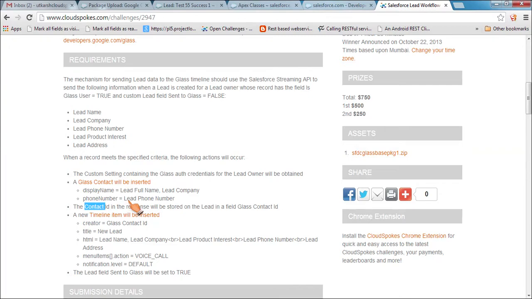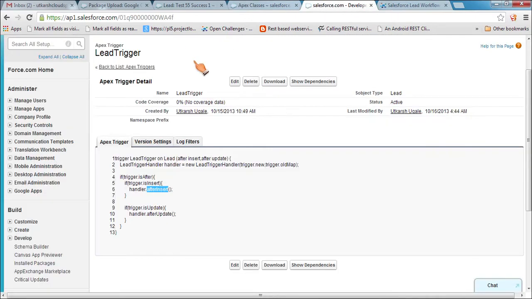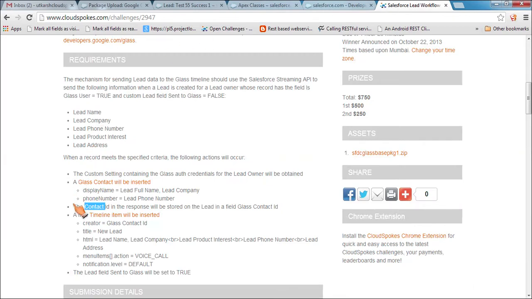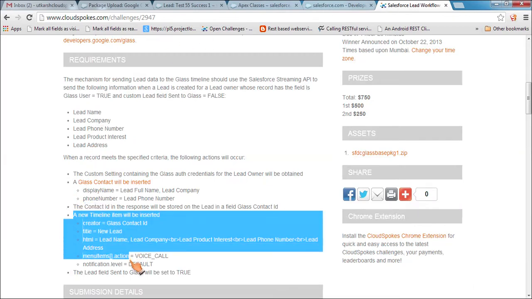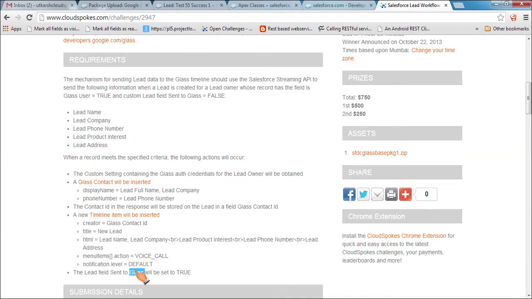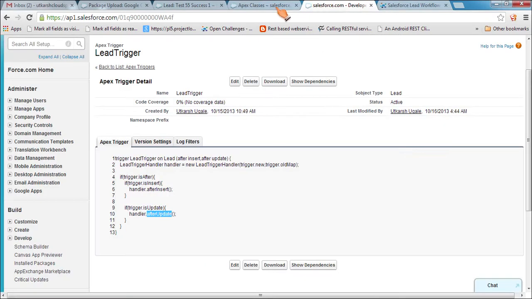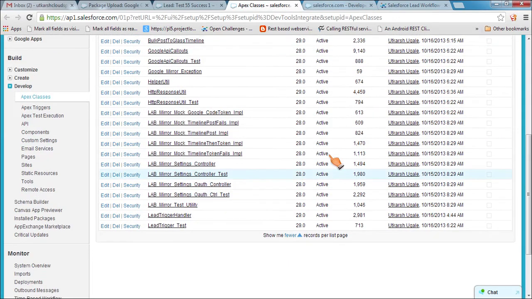And as soon as we update the contact ID on the lead, the second part will get called, which will do the second part of the requirement, that is creating a new timeline item and updating the lead's Sent to Glass field to true. So this trigger will move the flow to the lead trigger handler class. In the lead trigger handler class,